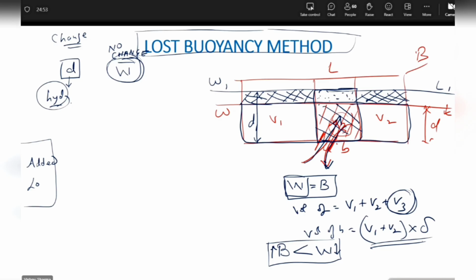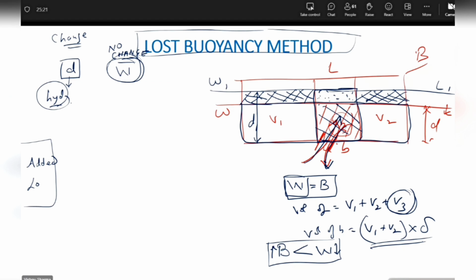Am I correct, beta? Under added weight method, since the bilged water belongs to you, any free surface created in the bilged compartment will also belong to you and will add to your FSM. Yes or no? Correct, guys? Yes. But in lost buoyancy method,